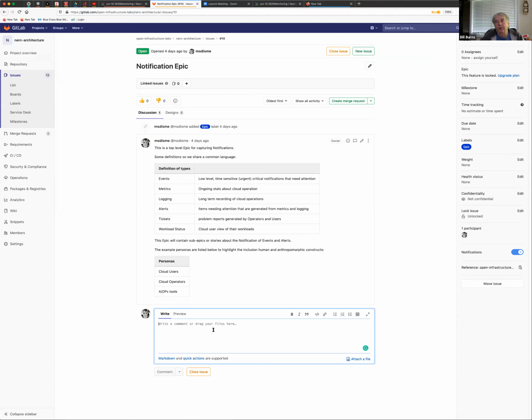And if alerts are generated from metrics and logging and overall system information, there's a real time lag there that can impact availability. So I just want to make sure that's separate, but you're absolutely right.